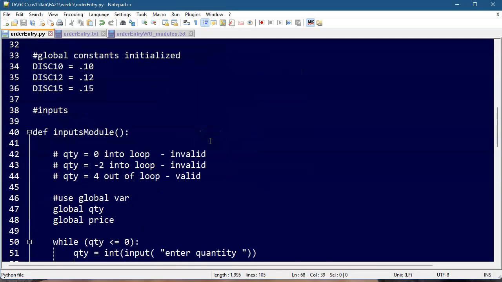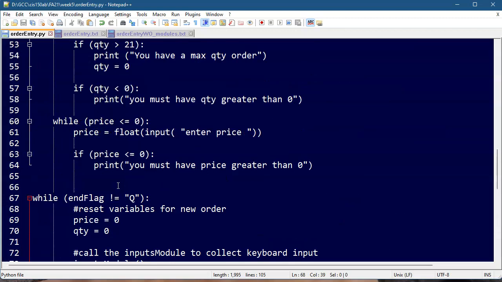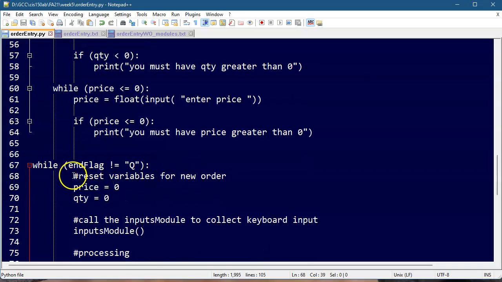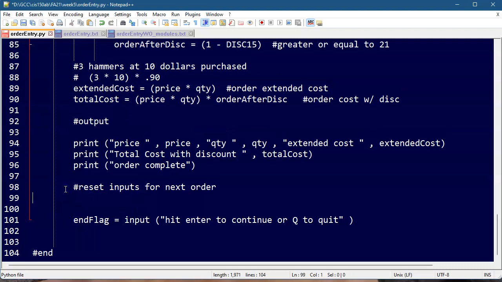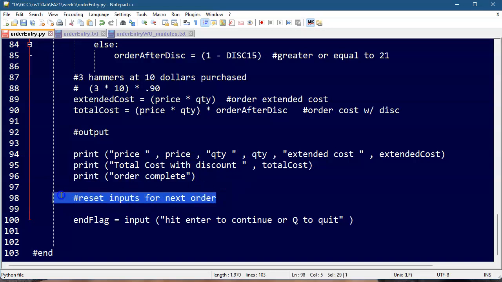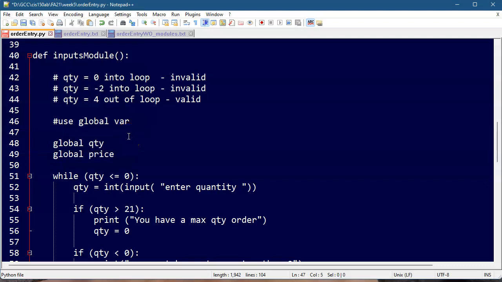Now, what happened in Python is I found, and this always happens, there were a couple of errors. The first thing I found was that those comments here need to be pulled back out. We need to make sure that everything's reset to 0. Now, I just noticed this when I was going through the other example, I put the reset of 0 up on top of the loop. So now that I've done that, I can probably take these out, and the effect is the same. It comes up at the top of the loop. It needs to reset those values back to 0, so it'll go through and ask me for new variables. So I'm going to put right below here that comment also. And so what happens there is that this module, when it comes in here, it's going to reset those